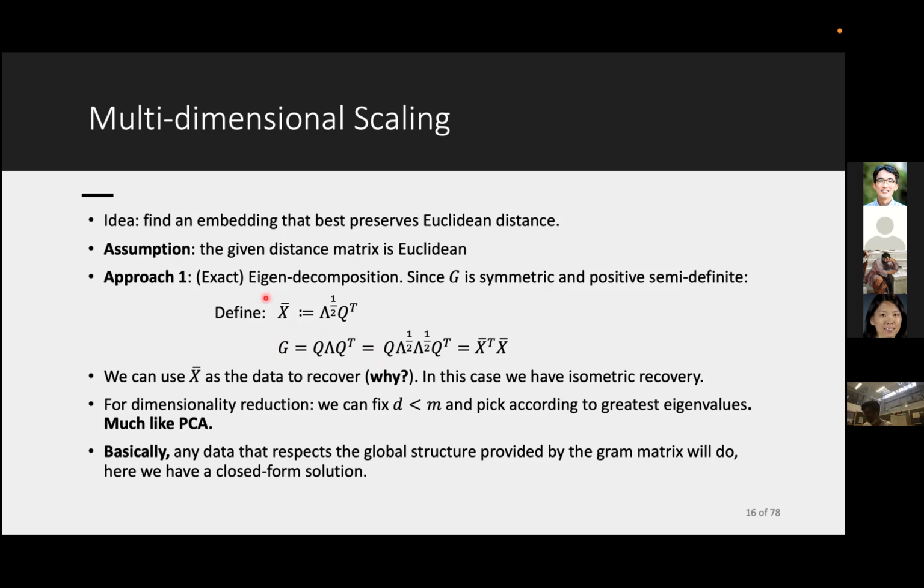And we define our new embeddings to be this matrix. So the question I want to ask is, why can we use this one as our new embedding in case we want isometry? The answer is quite simple. Just for interactive purposes, if anyone has an idea, please just